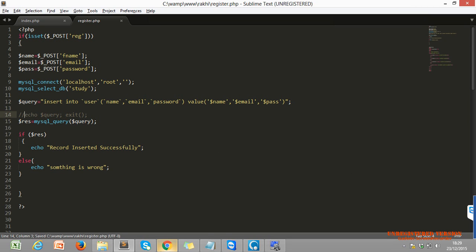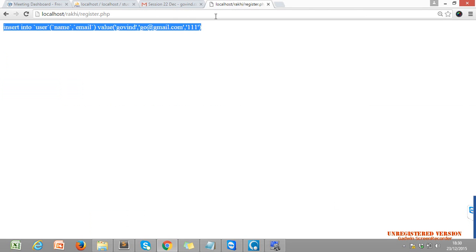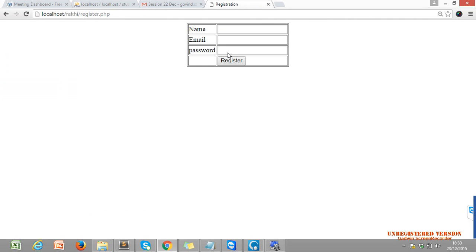Now tell me, any confusion, Raki? No confusion? Okay, just tell me one small thing. We already discussed that. How do we convert these tags into hidden? Now, the password should not be visible.